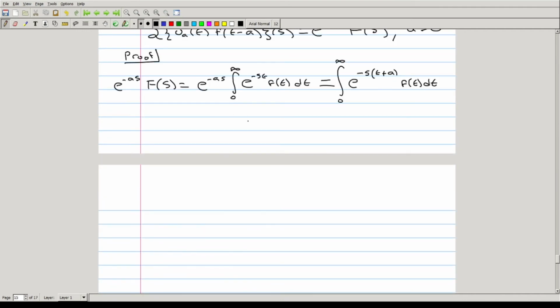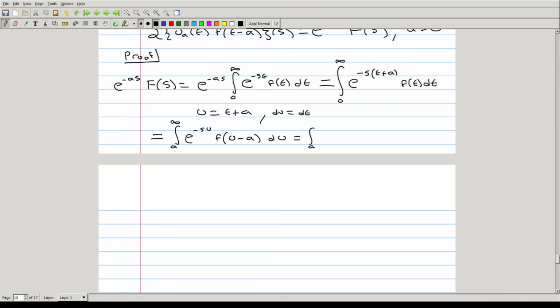and if we introduce a new variable, say u is equal to t plus a, and du will be equal to dt, and this integral will be the same thing as the integral from a to infinity of e to the negative s times u, f of u minus a du,